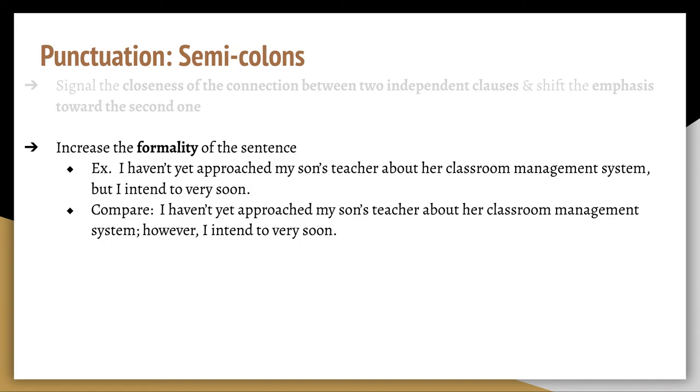Like we've established previously, semicolons used to combine two independent clauses help you to add weight or emphasis to your second clause. In the second example that we have here, it sounds like the parent, the subject of the sentence, is about to have a very serious conversation with their son's teacher, and the emphasis here is placed on that impending conversation.